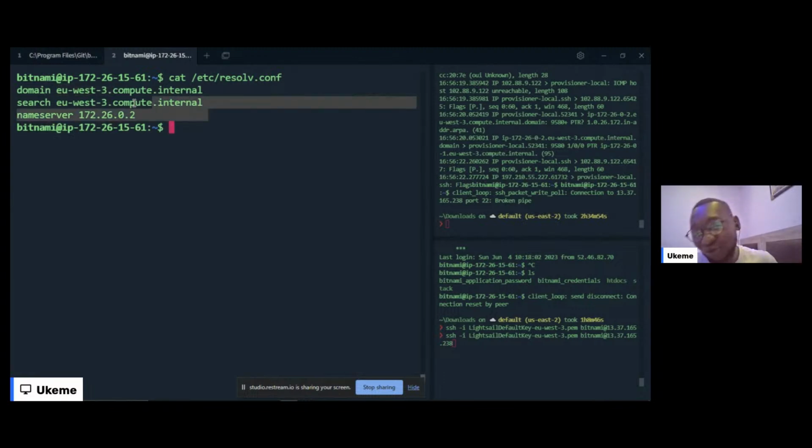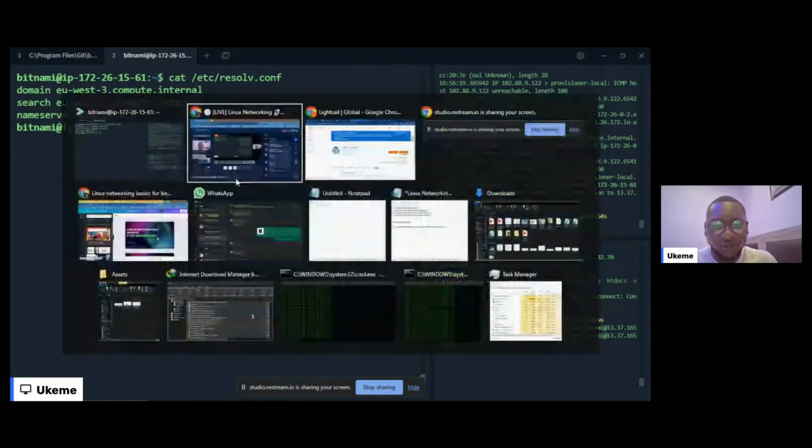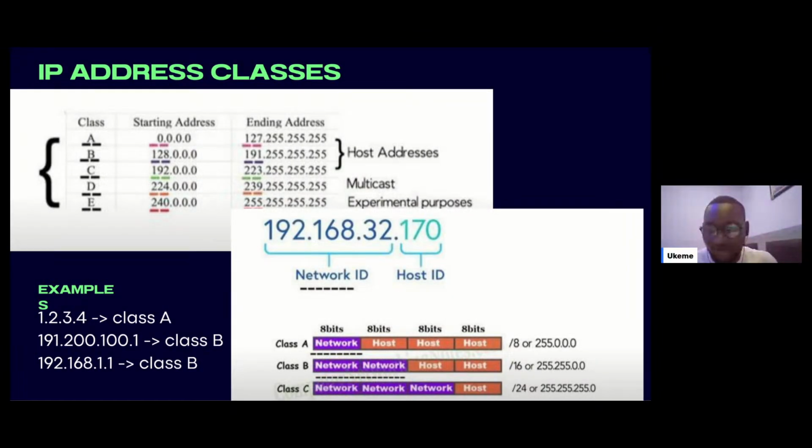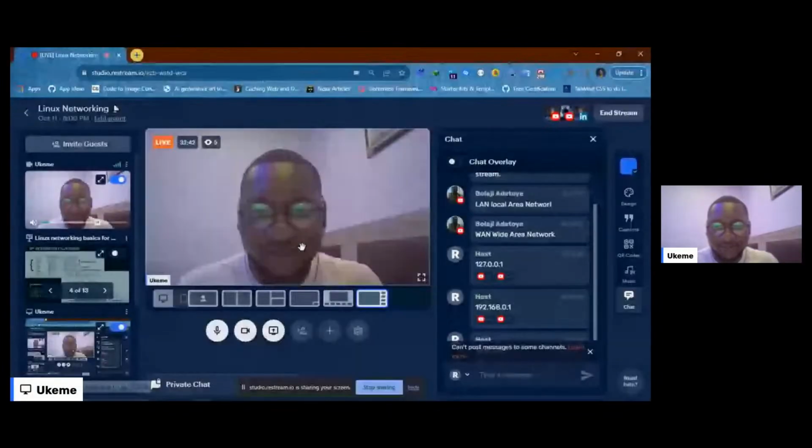These are AWS resolvers. If we look at 172.26, we can put that as a class B. So 172 is in the class B range because class B is 128 to 191. So now you can kind of figure out these things.